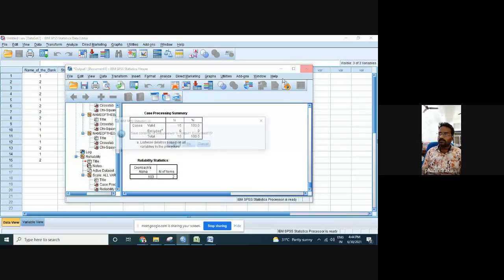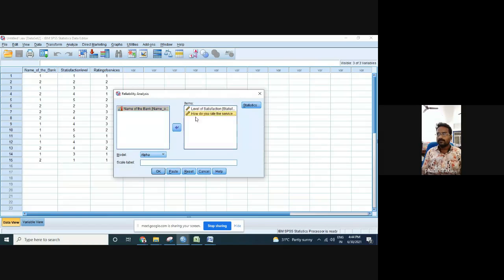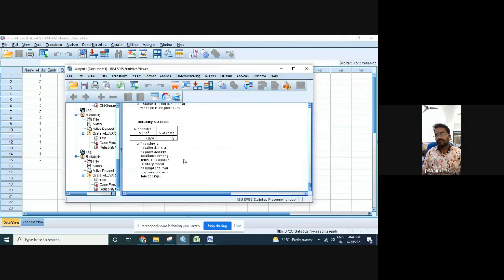When I remove this and go for only one variable in the scale, and measure the performance, then see minus 0.645, because there are only two choices in the name of the bank, 1 and 2. No other choices there. Here 1, 2, 3, 4, 5 is there. Then at that time we cannot judge whether the technique is appropriate or not.